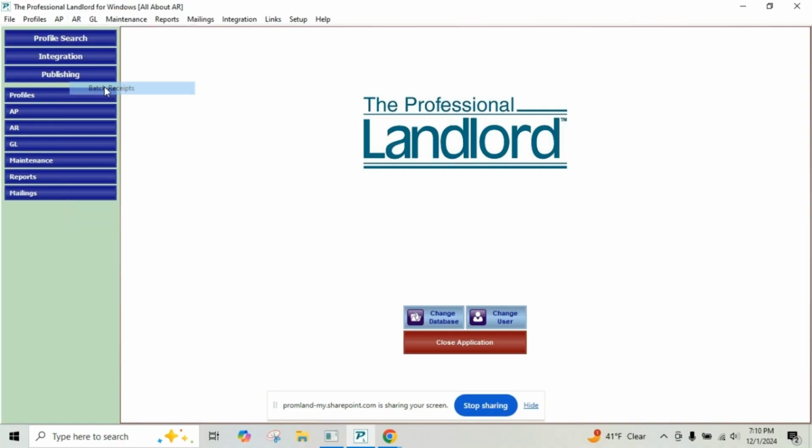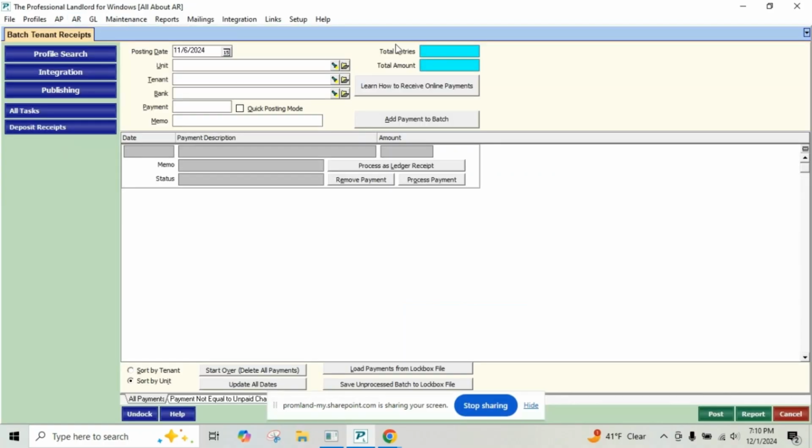On batch receipts, this is for if you have Inocio, which we recommend as our third party, and you would come in here and bring up the deposit from Inocio. Or if you're using another company that uses a lockbox file, you would click at the bottom, Load Lockbox File. For help on how to do that, you'd actually have to go through the help files on that or call in to support at